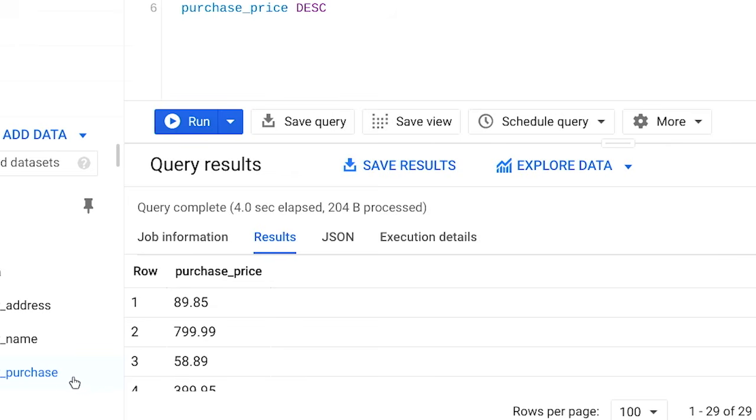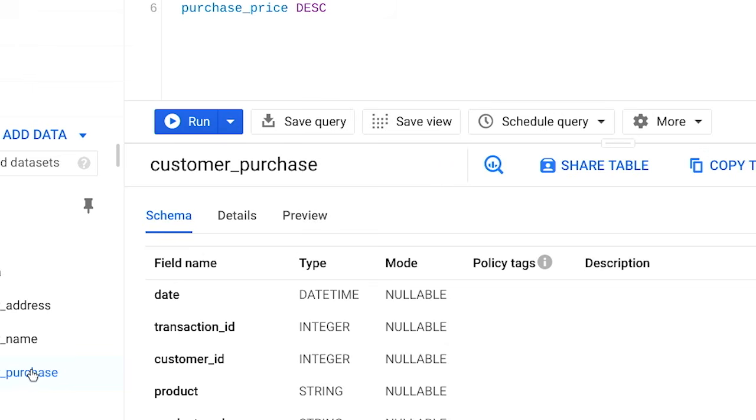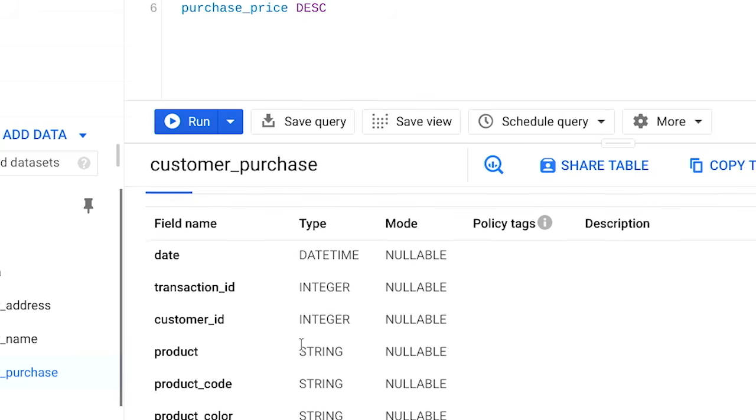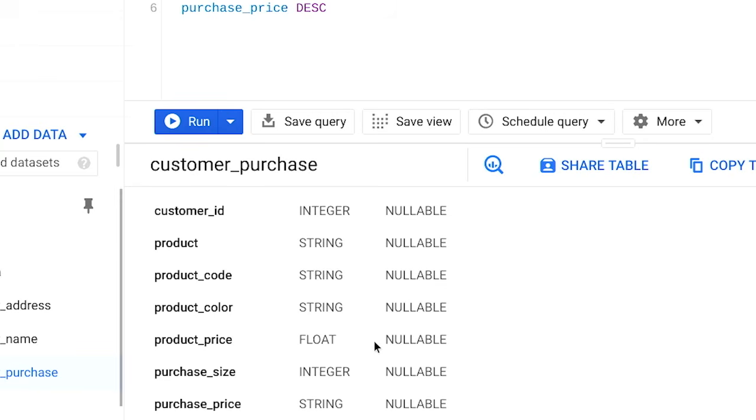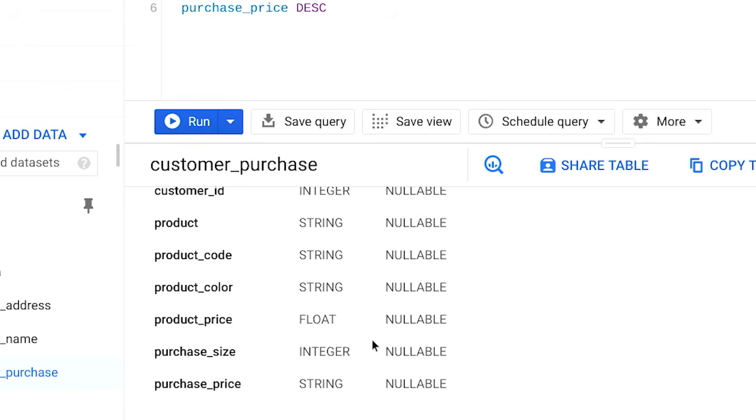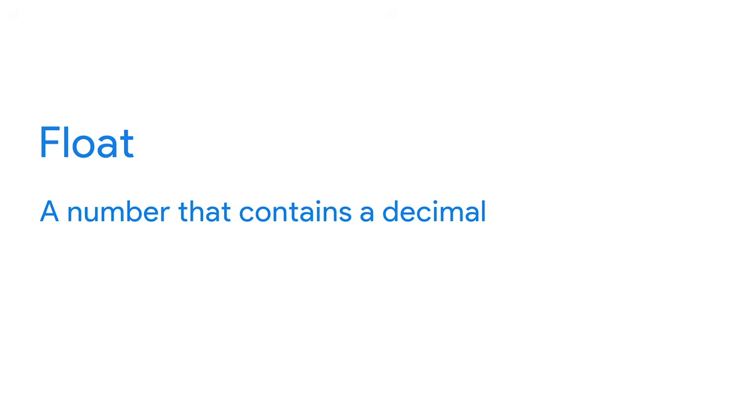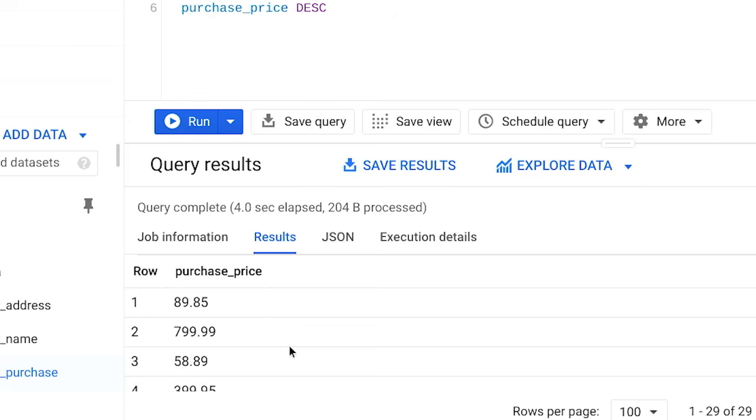If we go back to the customer_purchase table and take a look at its schema, we can see what data type the database thinks purchase_price is. It says here, the database thinks purchase_price is a string, when in fact it is a float, which is a number that contains a decimal. That is why 89.85 shows up before